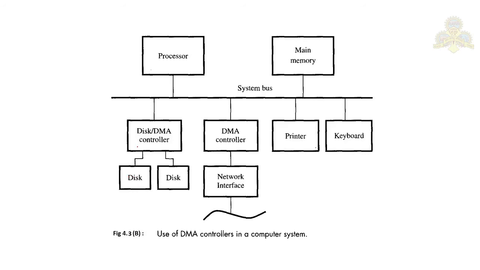Even though it is connected to one DMA controller, each disk will assume that it has a separate, individual DMA controller. So the registers needed to store the memory address and the word count are all duplicated here. For both disks, we have to have the memory contents, word count, starting address and so on, so those things are duplicated so that one set can be used for each disk.